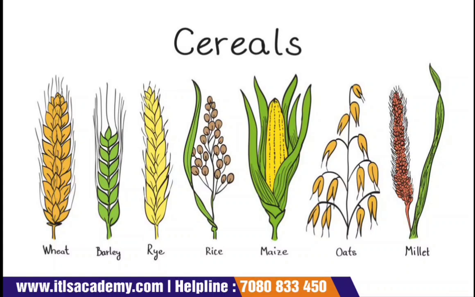Taking the example of wheat itself, if you consume a roti, it will give you more carbs as compared to proteins, because roti comes from the wheat. Which nutritional property is very high in wheat? It is carbohydrates. But wheat lacks proteins. Similar is the case with barley, rice, different types of oats, millets and rye.